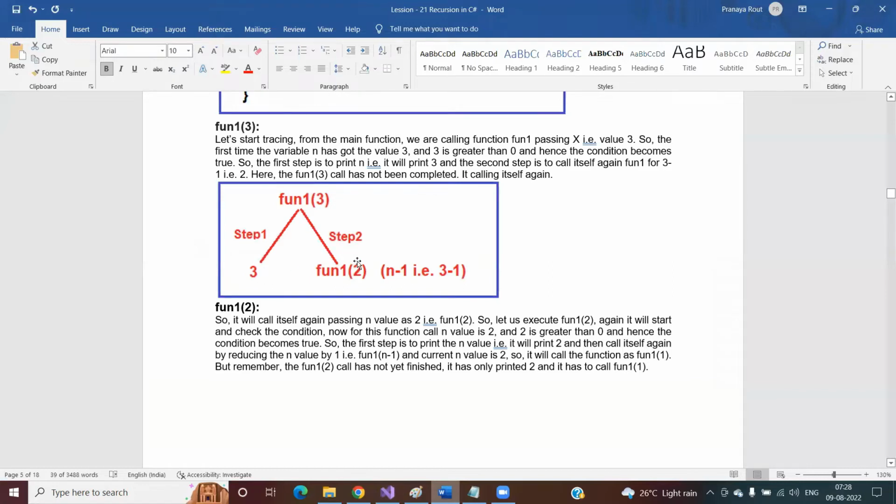Yes or no? Second, it will call this function again with what value? With the reduced value of n by 1, that is function 1 of 3. So from the main function, we are calling one function by passing the x value, that is 3. So the first time the variable n has got the value 3, and 3 is greater than 0, and hence the condition becomes true. So the first step is to print, that is it will print 3,